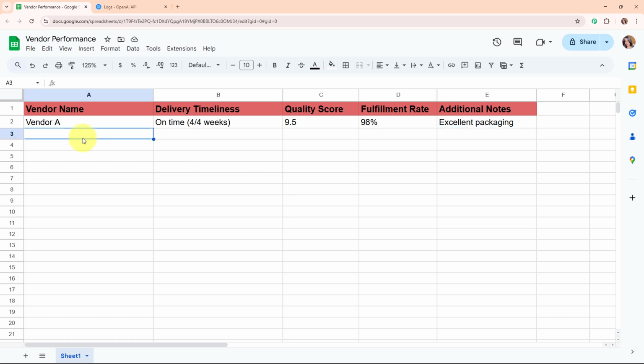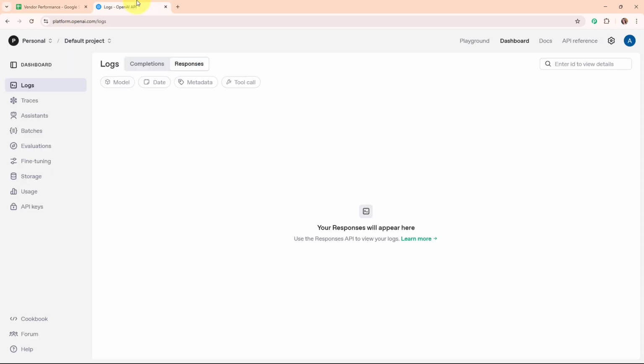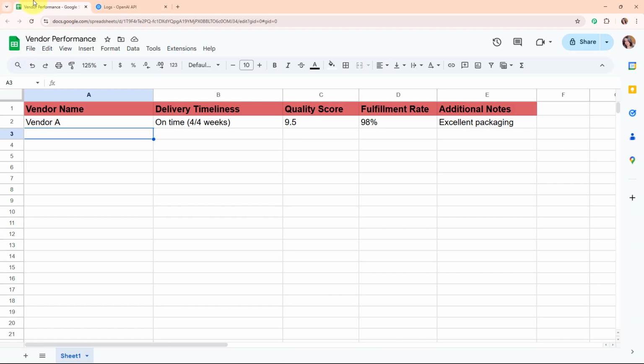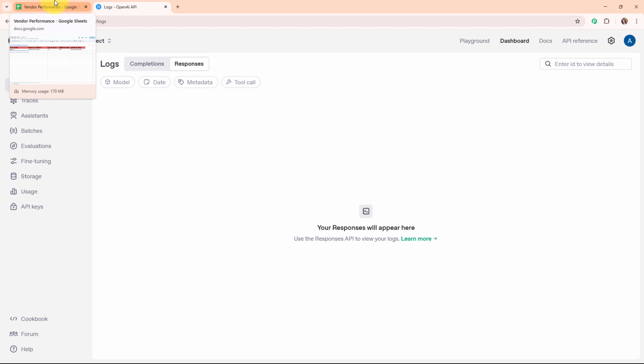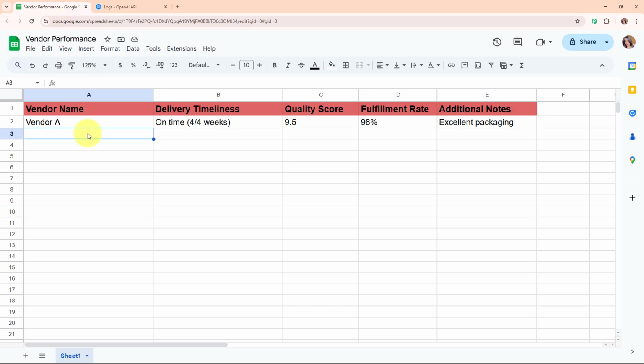So now here my objective is as soon as I'm going to add the data over here in this Google Sheet and automatically using the details, OpenAI should generate the summary, and after generating the summary, automatically that summary should be sent as a new mail on my manager's Gmail account. Alright, so for that I've already built an automation where I've connected my Google Sheets with my OpenAI account and my Gmail account using an automation software.